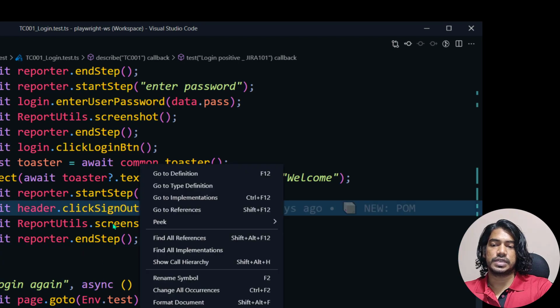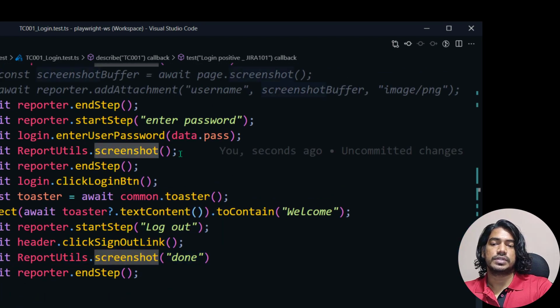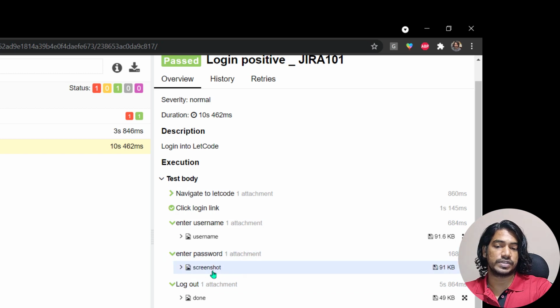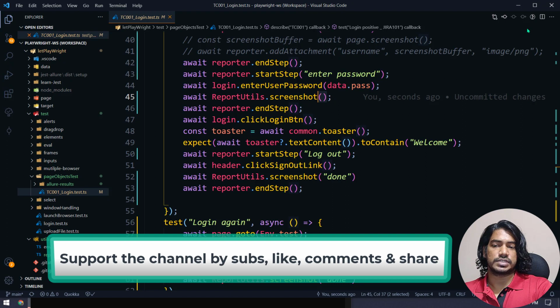Yeah, so here you can see that we didn't actually provide any name, right? So here we didn't pass anything, so it is basically undefined. If it's undefined, we have set it to screenshot, right? So that is what we got here. Okay, and that's it. So based on the report, you can see your test execution and everything.